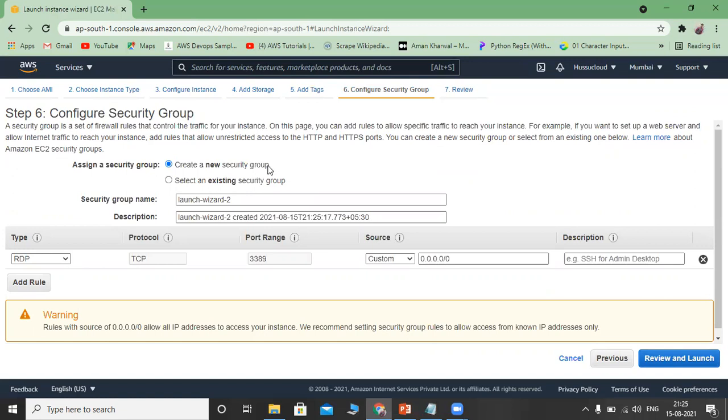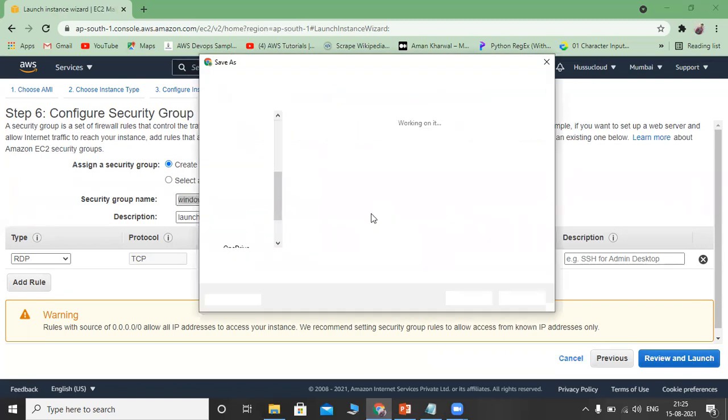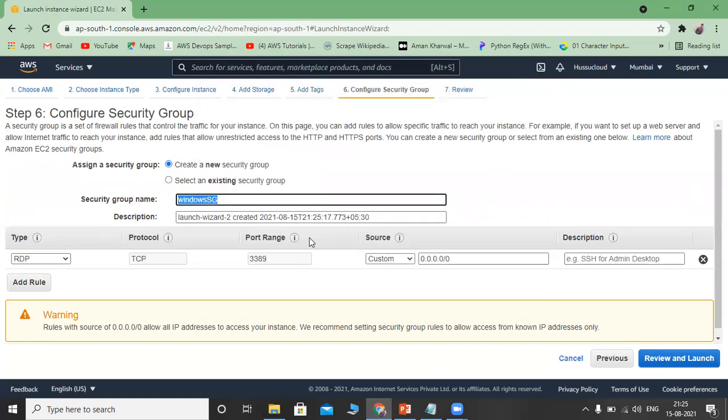The next step is a very important step. Let us create a security group. A security group is nothing but a firewall for our system. I'm creating a security group by giving the name Windows security group. You can give any name. As it is a Windows machine, the RDP port must be opened.